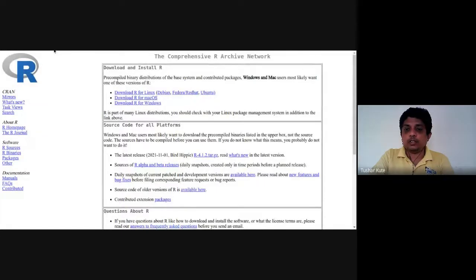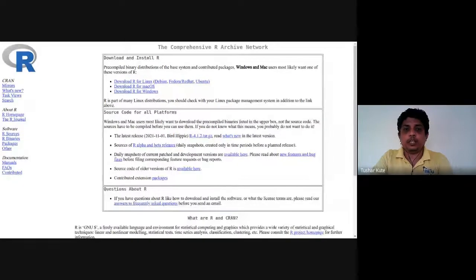This is the official website of the R programming language. R programming, I'm talking about, from where the R interpreter can be downloaded like this. Here you can download and install this for Linux. I'm using a Linux operating system here, so I don't need to download it. Basically, I have a command-based interface by which R can be downloaded and used in my system.